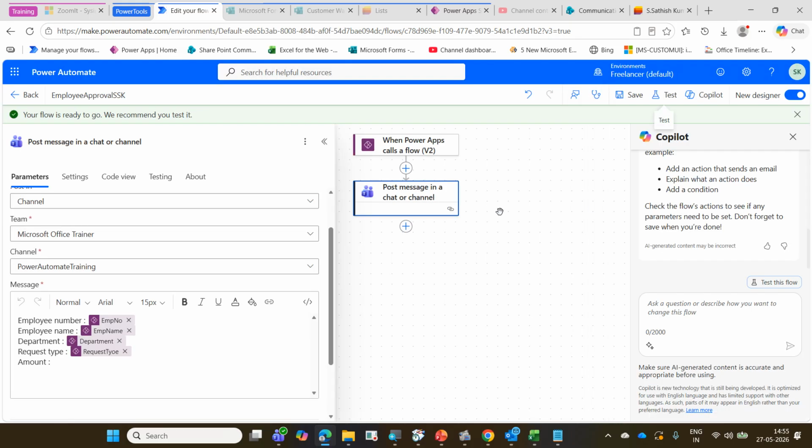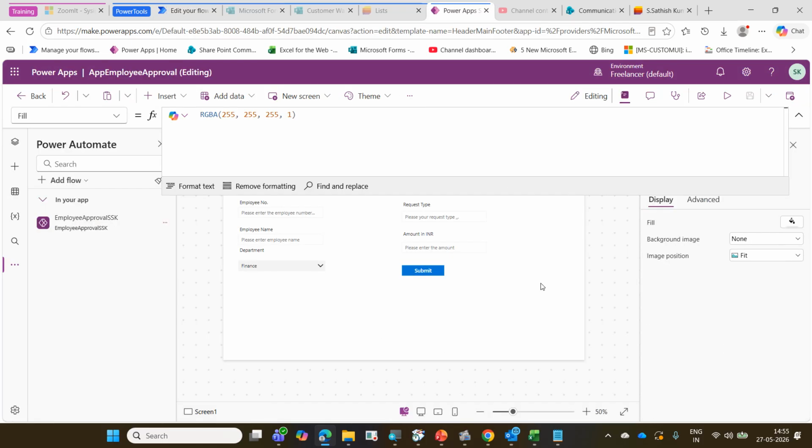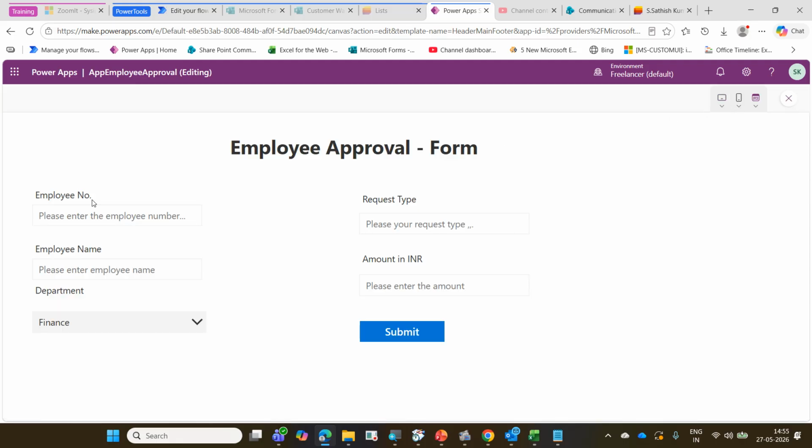Now after saving, what we have to do is go to Power App and run the form. How do we run the form? There is a run button available here. You have to go to preview, and in this preview, let me enter the employee number, some employee name,